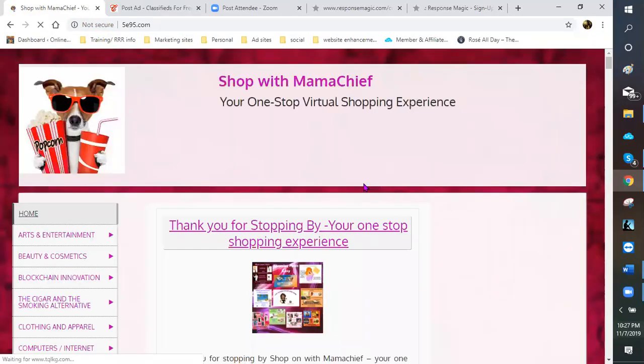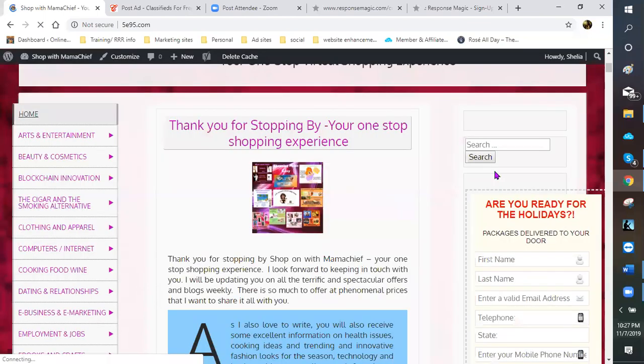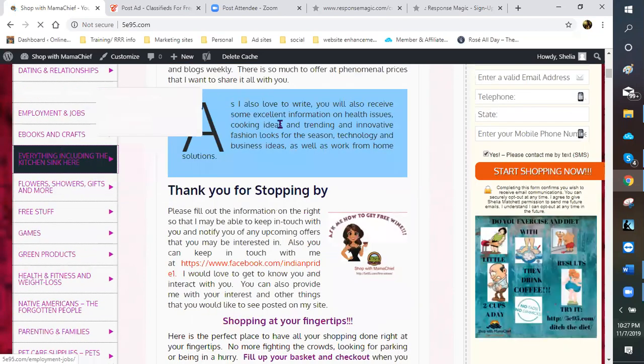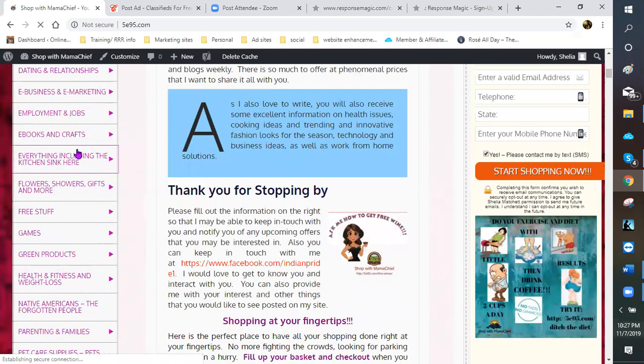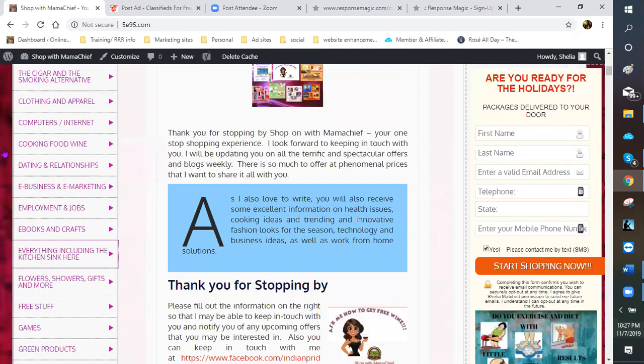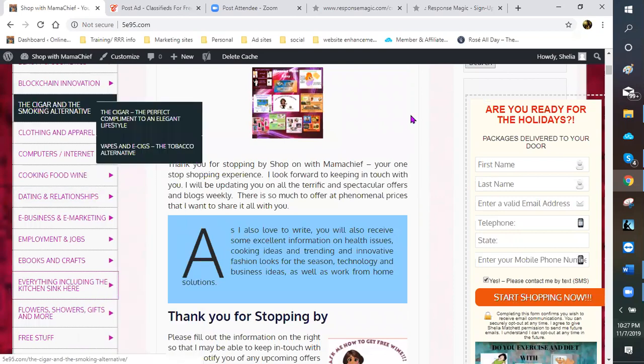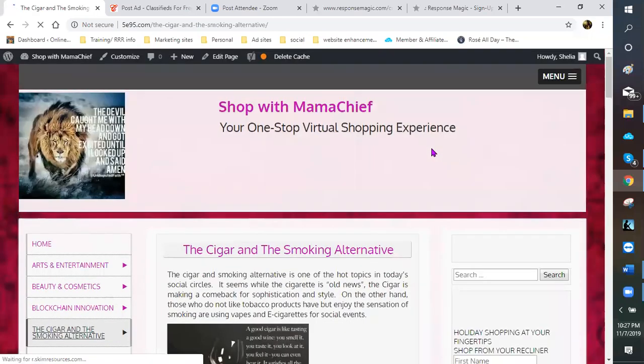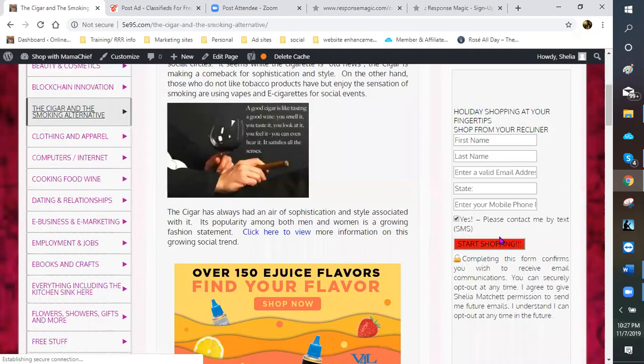And as you can see on my home page, I have one. It says, are you ready for the holidays? And then on my consecutive pages, I have the new one. So once that pulls up, you'll be able to see the new one. All right, come on. Okay, so there's my new one, and for some reason it didn't post the way it needs to, so I'll